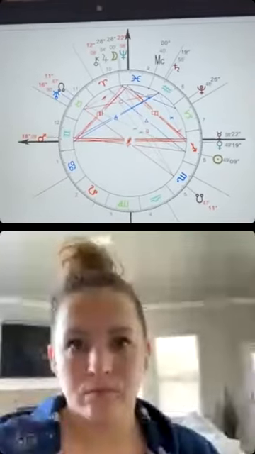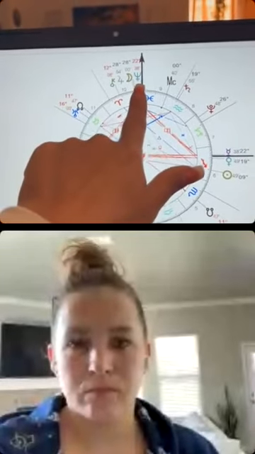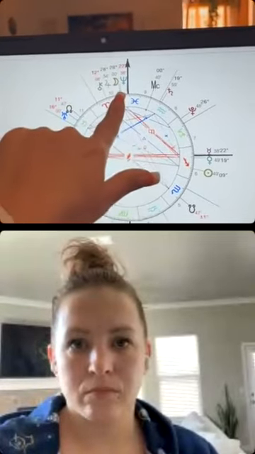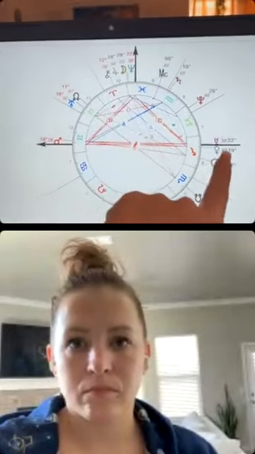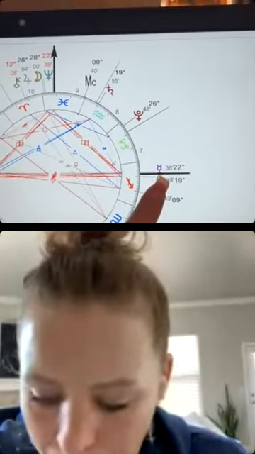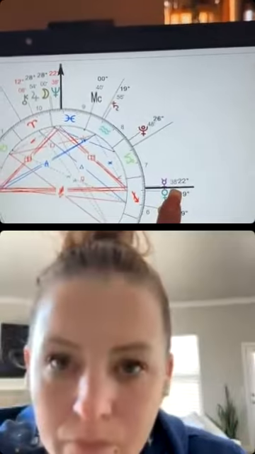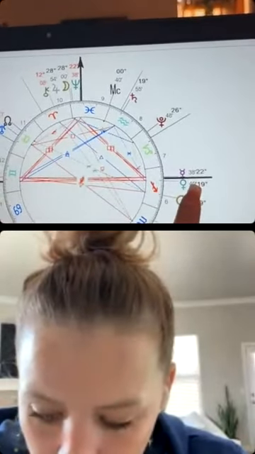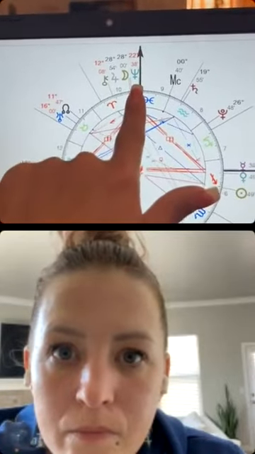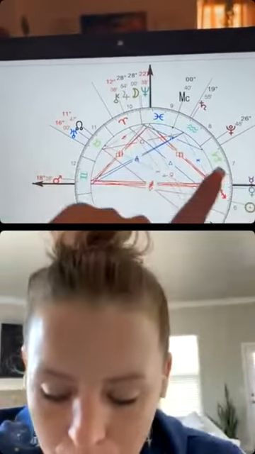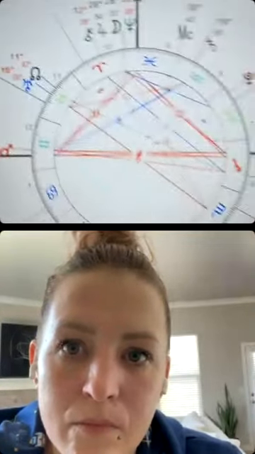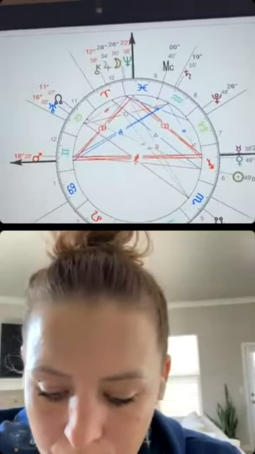Okay, so here's Neptune right here. As you can see, the wheel switched around anyway. Neptune right here, Pisces, 22 degrees. This is the exact square with Mercury here at 22 degrees, 38 minutes. Venus will be just a couple days after, interestingly enough, once Neptune has stationed direct. So with Mercury, there's information coming in. This is on December 1st, right before Neptune goes direct on December 3rd.